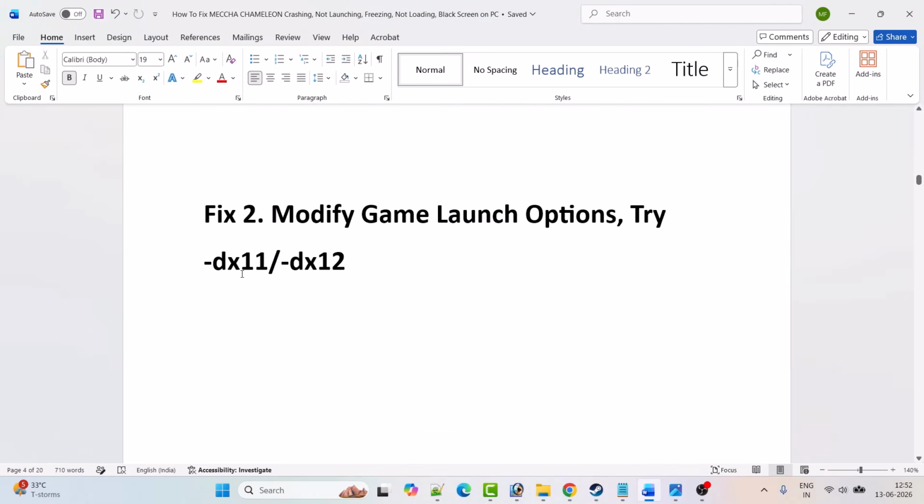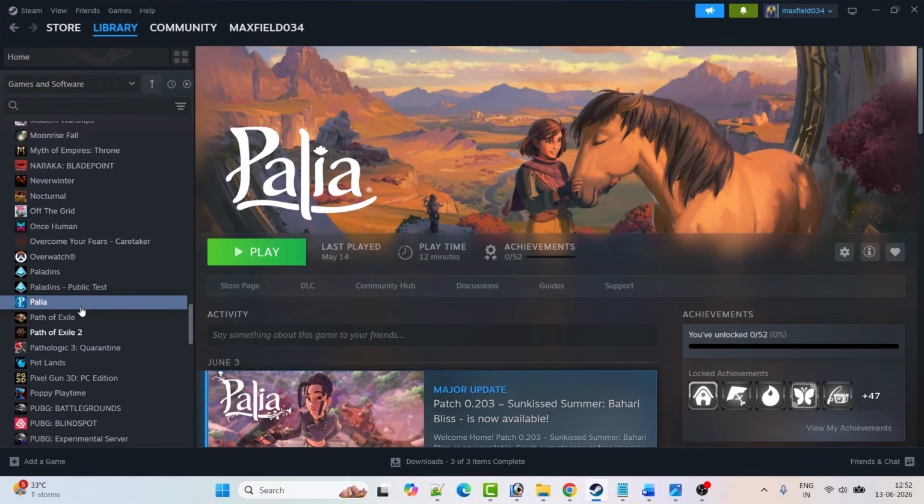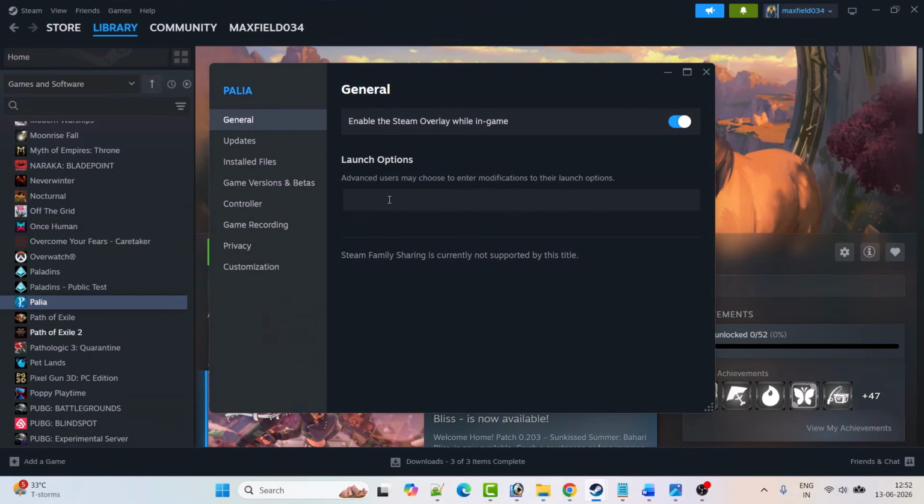Fix 2. Modify game launch options. You can try -DX11 or -DX12. So open Steam, go to library, right click on MECCHA Chameleon game. This is just an example I am showing with another game, but you have to right click on MECCHA Chameleon game and then click on properties, and in the launch options first type -DX11, close the tab, launch the game